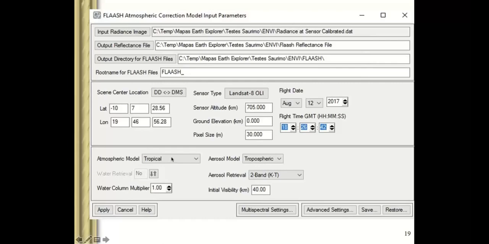Then if you are in tropical areas, like India is tropical, we can choose the tropical model over here. And then you want to correct atmospheric noises. Most of the noise is because of the troposphere, so we use an atmospheric model called tropospheric. Then we do the retrieval. Then we apply some multiplier based on your area. And the visibility we can get from your local website, what is the visibility on the particular day, and then apply. So it will correct your satellite image with respect to atmospheric noises. It is simple, and it is also available in ENVI, so you can do this FLAASH correction in ENVI, and you will get an atmospherically corrected satellite image.